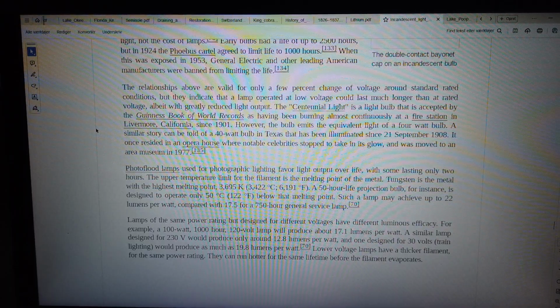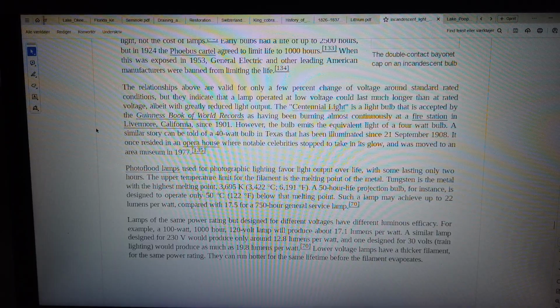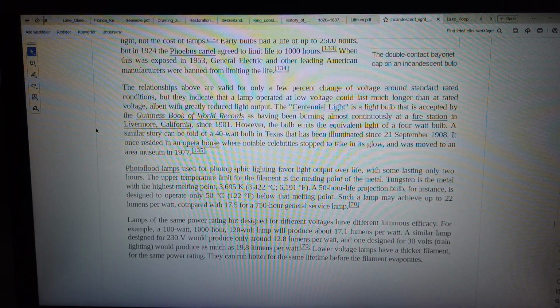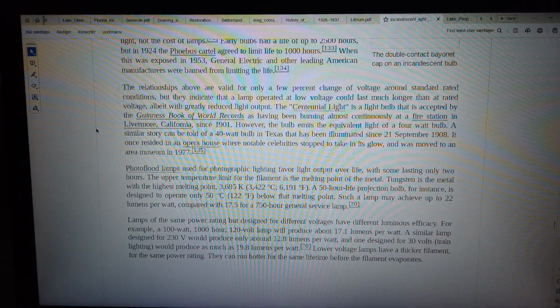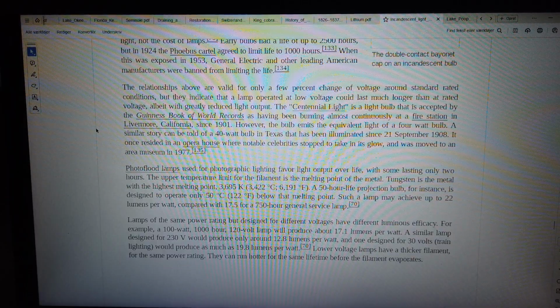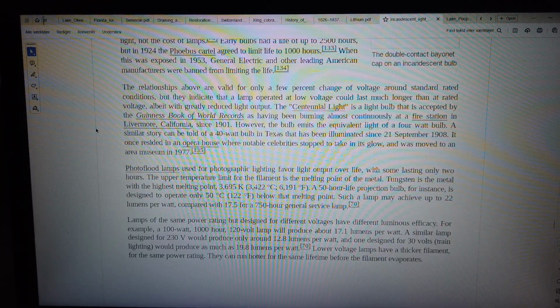Lamps of the same power rating but designed for different voltages have different luminous efficacy. For example, a 100-watt, 1000-hour, 120-volt lamp will produce about 17.1 lumens per watt. A similar lamp designed for 230V would produce only around 12.8 lumens per watt, and one designed for 30V